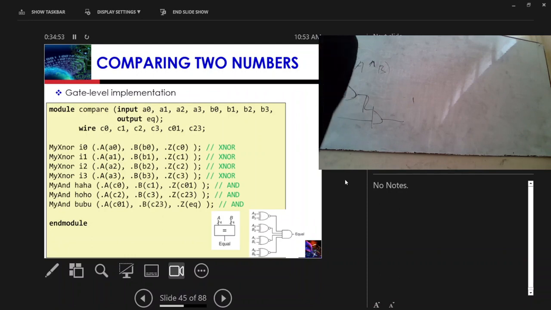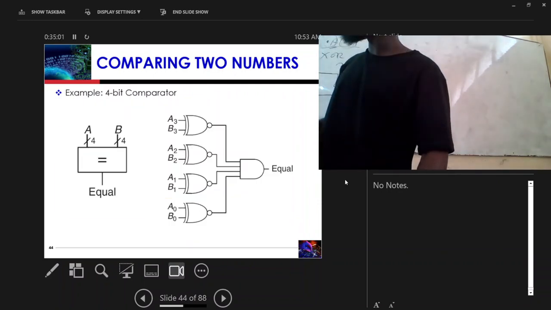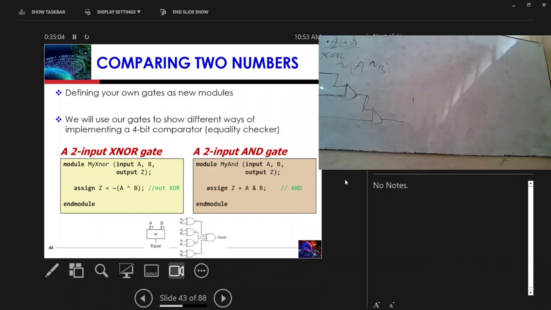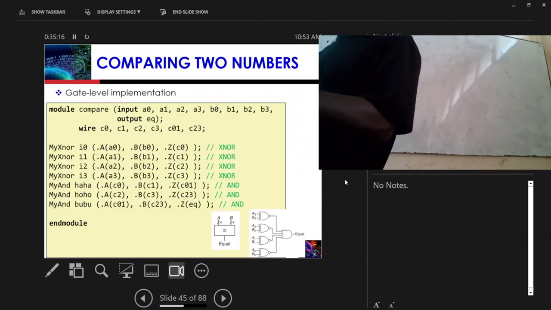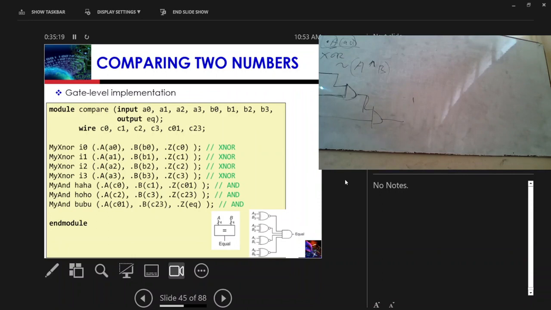Go through it, go through it. First of all, I said I am designing this with my own gates. So I first said we are going to design these two models, my XNOR and then my AND gate, to use that one to actually make this gate. And then I come here and I declare a top model, and then I call my XNOR and then my AND gate within it, and just give it the inputs and the wires. It's actually that easy. Once you guys understand,